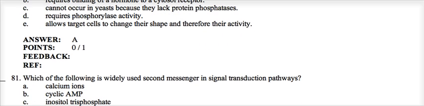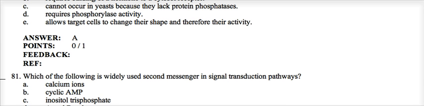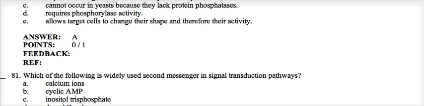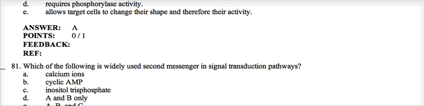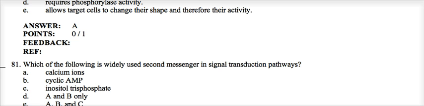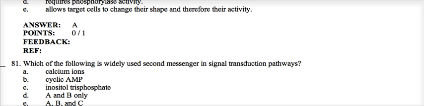All right, which of the following is a widely used second messenger in signal transduction pathways? I think it's missing an "a" in there, okay? So A, calcium ions, B, cyclic AMP, and C, inositol triphosphate. So this is on pages 210 and 211. These are the three molecules that they talk about in